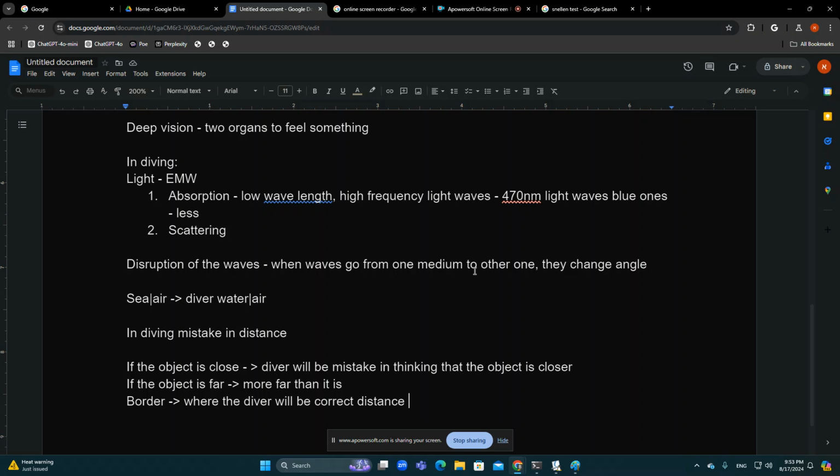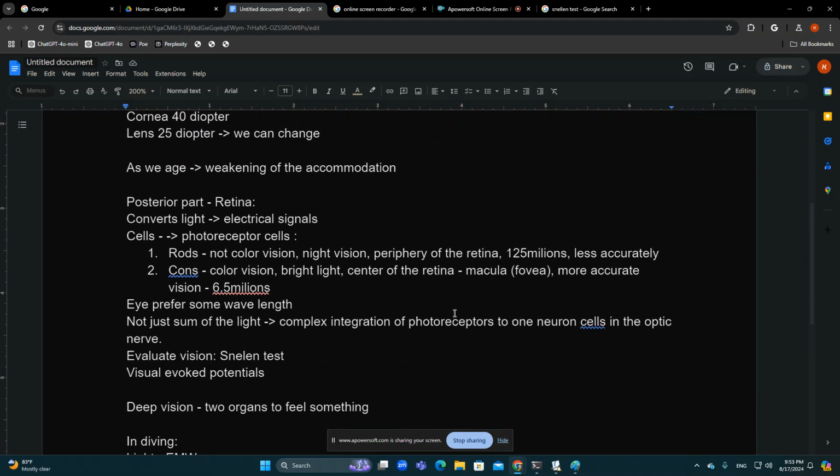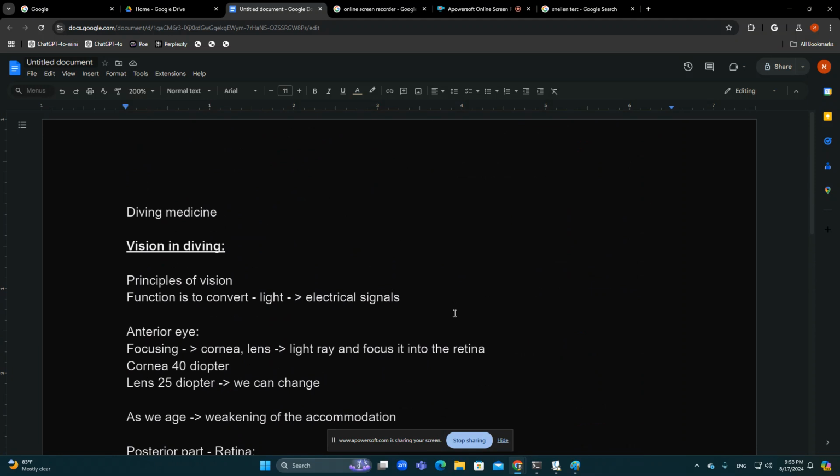And the fact that evaluating distances inside the water for divers is harder. If the object is close, the diver will think it is closer than it is, or if it is far, the diver will think it's farther than it is. And there is a border that changes depending on how deep the diver goes in the water. Okay, so this is very shortly about vision